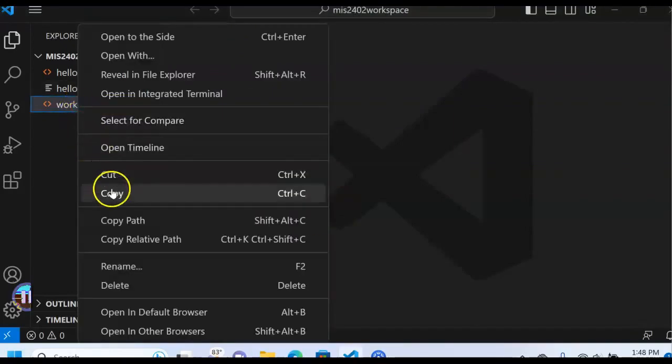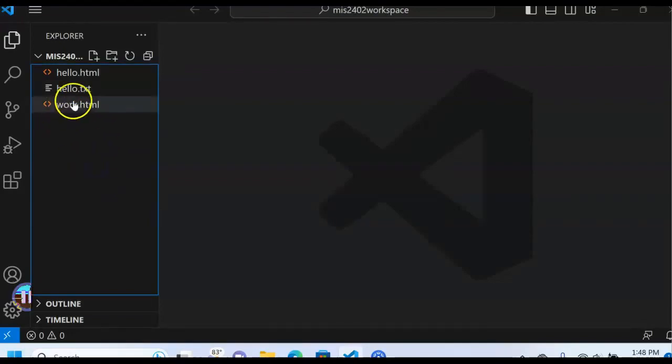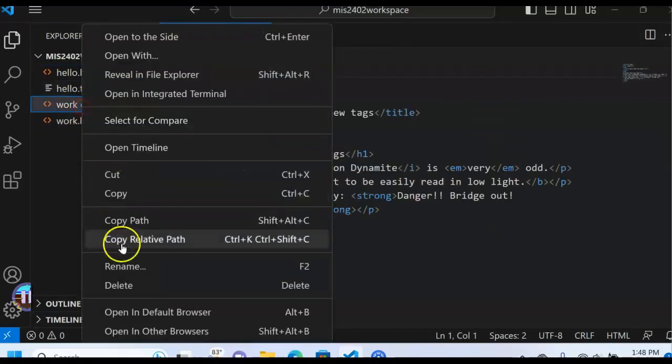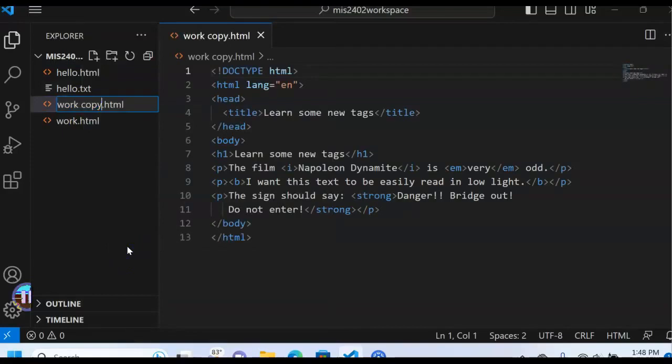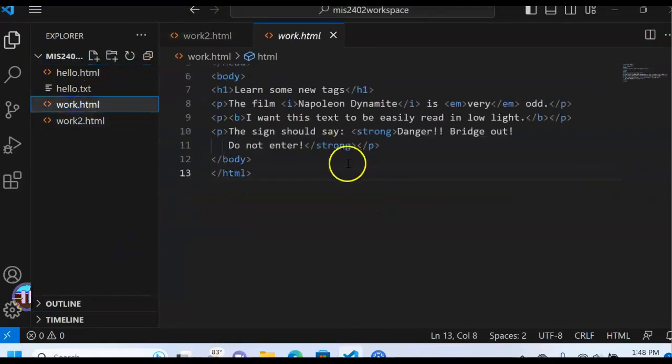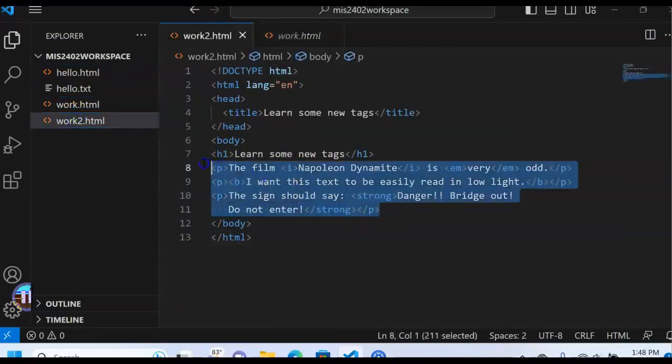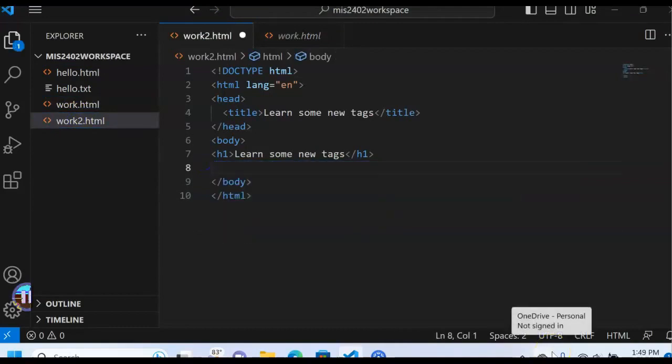I'm going to right mouse click here and say copy, and then down in the file space here I'm going to right mouse click and choose paste, and then I intend to rename this. How about we call it work 2? Okay, so now I have work with my remarks about Napoleon Dynamite, and work 2. I'm going to erase all of this text here, and I'm going to click save,